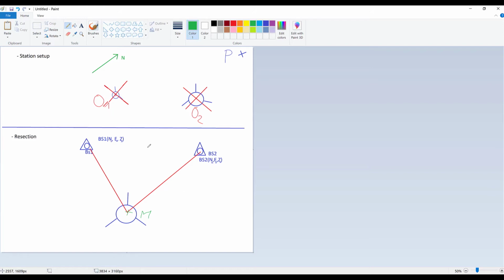In many cases, if these points are on a wall for example, you can't set up your station on a wall. It's as simple as this. So you install your station normally and you say to the station that BS1 is this point with the coordinates N1, E1, Z1, and this point, measure it, and this is N2, E2, and Z2, and using the laser, you will measure this distance, you have a measure of a relative angle here, a vertical angle, same thing here, and